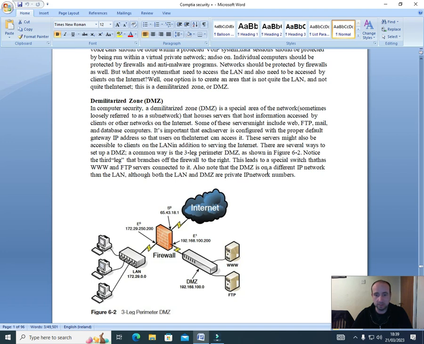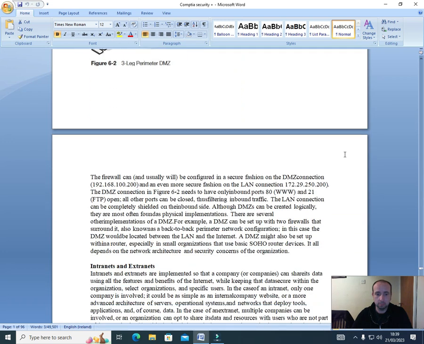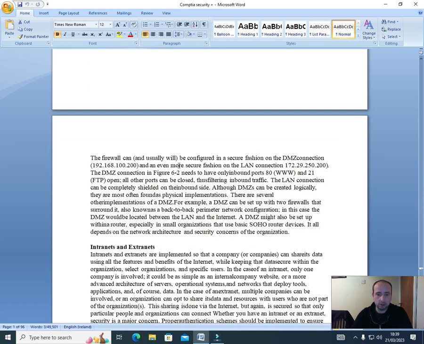Also note that the DMZ is on a different IP network than the LAN, although both the LAN and the DMZ are private IP network numbers. The firewall can and usually will be configured in a secure fashion on the DMZ connection, 192.168.100.200, and in an even more secure fashion on the LAN connection,